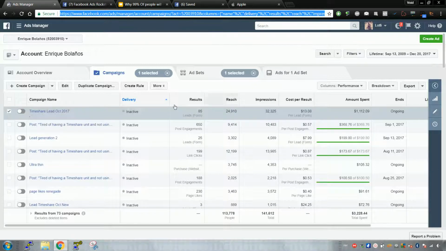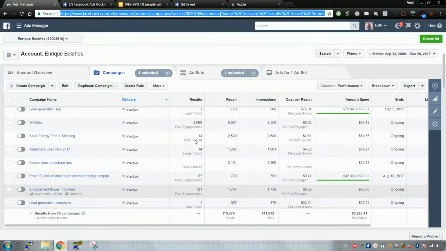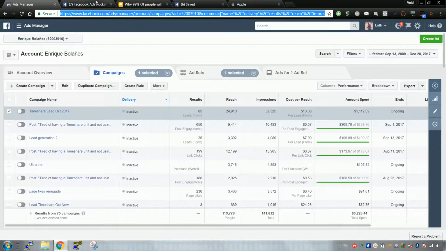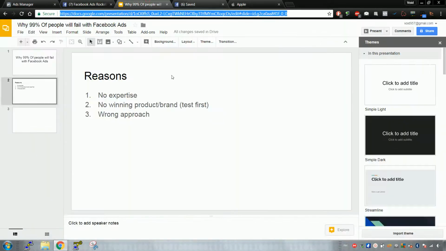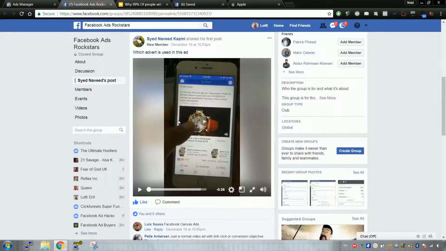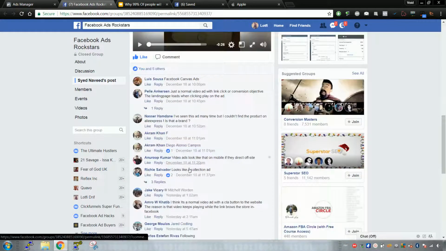There would be no need to run all these engagement ads and all this stuff without actually having a product to begin with. All right, so if you have a product, then you'll need to learn how to run ads properly to the product. That comes down to expertise, learning from courses, or you can pay someone to do it for you. That's the other option. But like I said, most people, even the experts, have no idea what they're talking about.